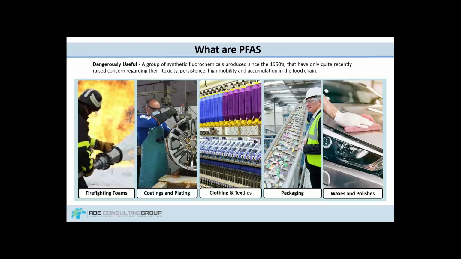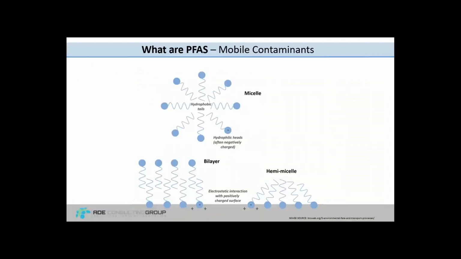They accumulate in the food chain, and probably most importantly, they're highly mobile, which we'll cover shortly. So there's one take home about what are PFAS other than some of them being toxic. While the jury's still out on the other numerous PFAS compounds that are out there, we have a few that have been established as having toxicity to aquatic organisms and effects on humans. But the real take home is that they are mobile contaminants, and herein lies the challenge for their management.